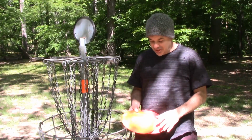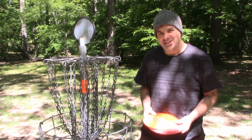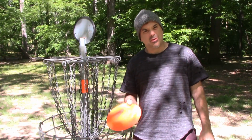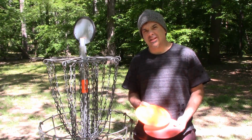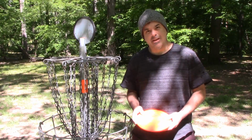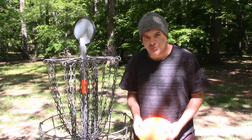Okay, wrapping up number 7 with the Mamba here. And you'll notice I did not throw it very high, kept it low and in control. Sometimes when you throw too high, they get out of control a bit, and I just wanted to kind of run it straight towards the target. I did, came up a little short, but still I got a nice bit of curve there through the fairway